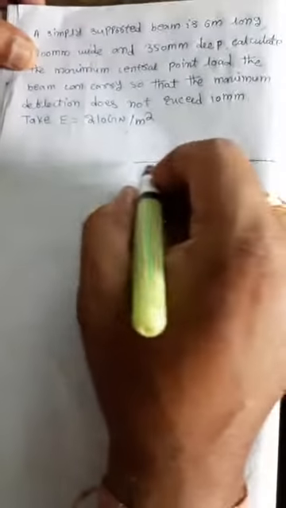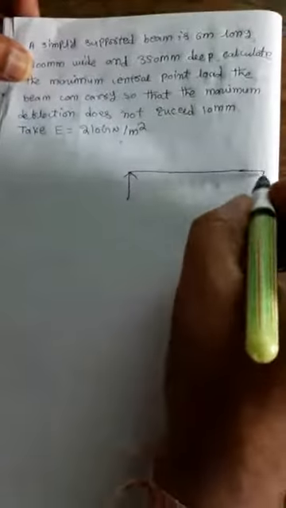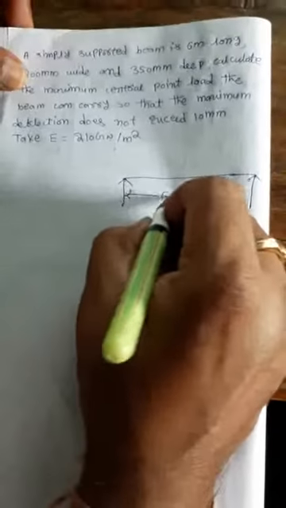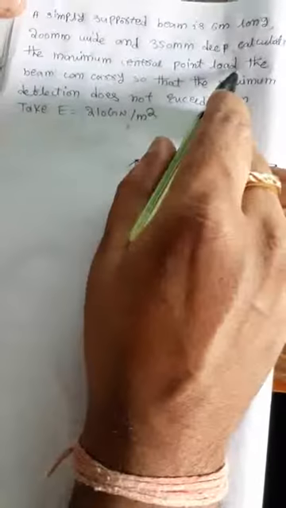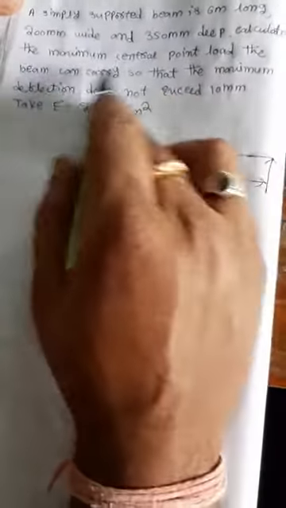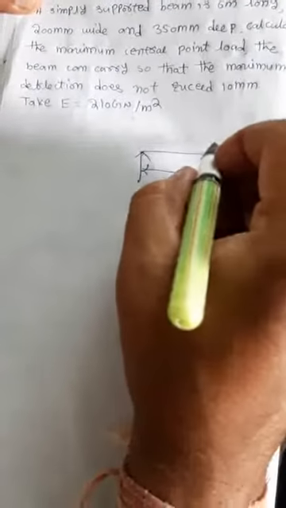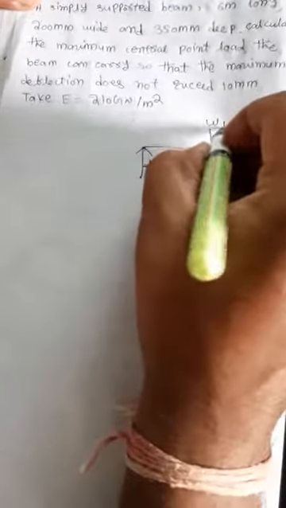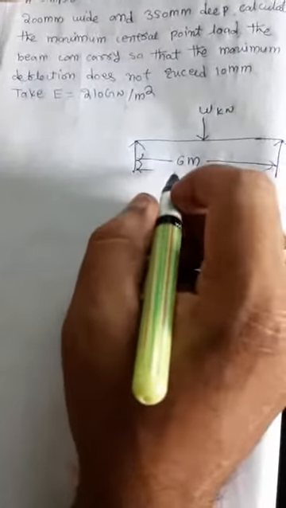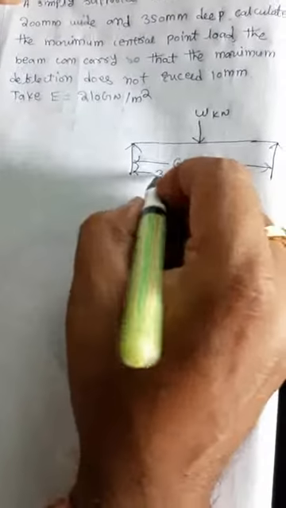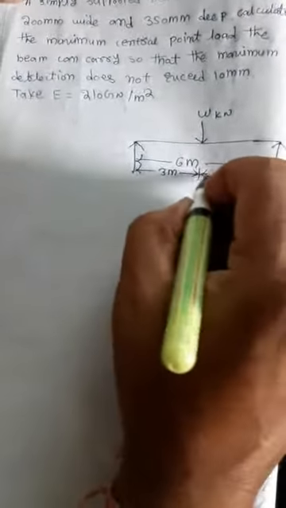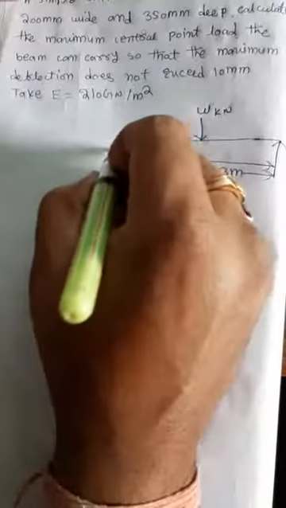By this problem, the diagram is a simply supported beam, a beam resting on two supports at its ends. The span length is 6 meters. So it is a central point load, nothing but the load acting at the center, that is W in kilonewtons. The span length is split in two parts, 6 by 2, so 3 meters from the left support and 3 meters from the right support. This is the A end, this is the B end, and this is the C end.